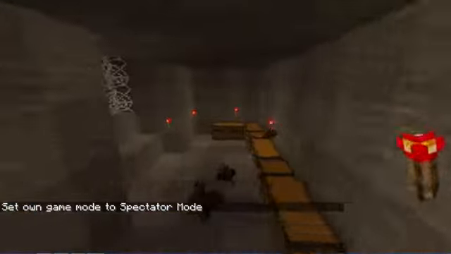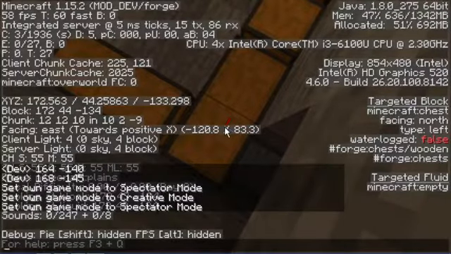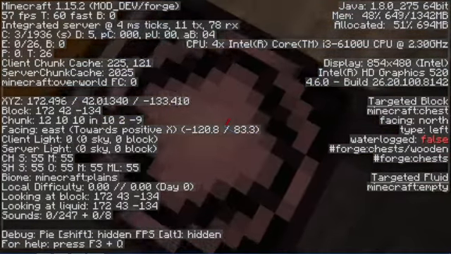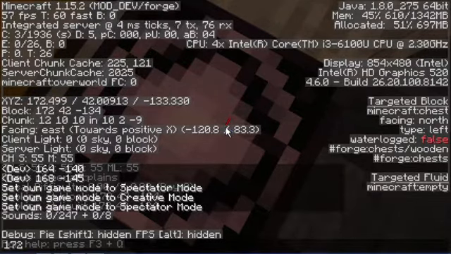Okay, so pretty much at those chords, just one block higher, all the way up to, so what are these chords? Just the X and Z. X, 172, hold on. So inside of the chest, it is 172, 42, negative 133,